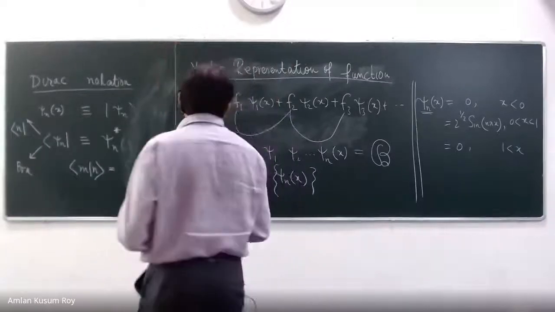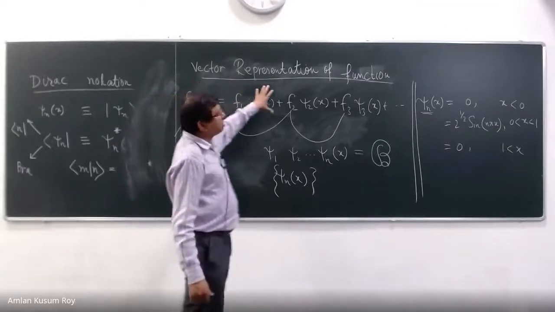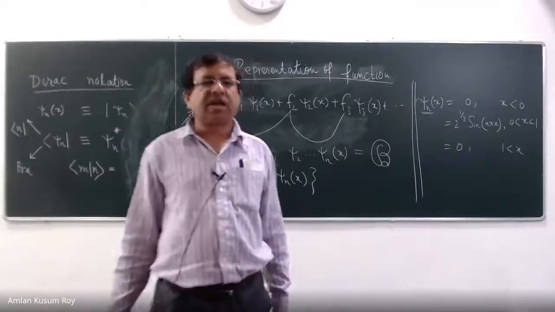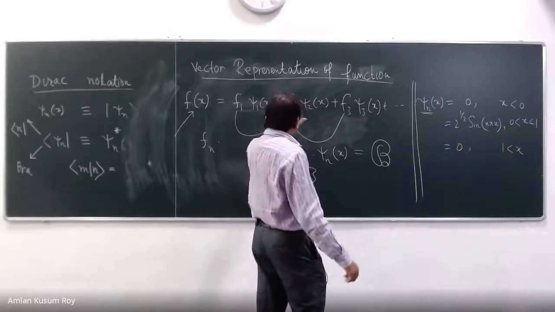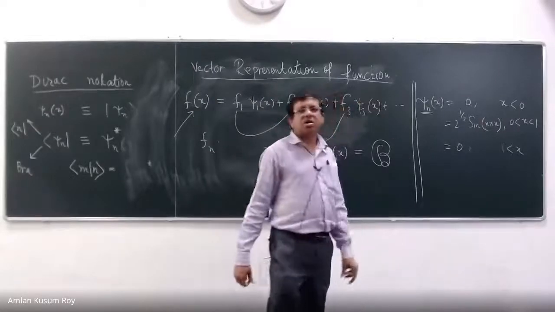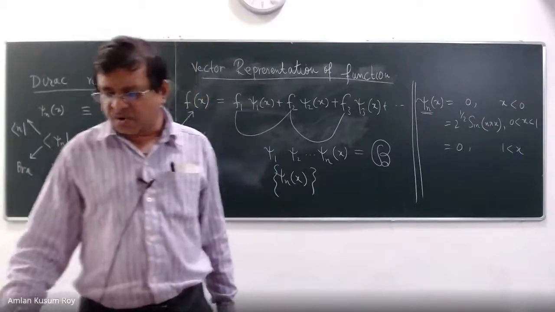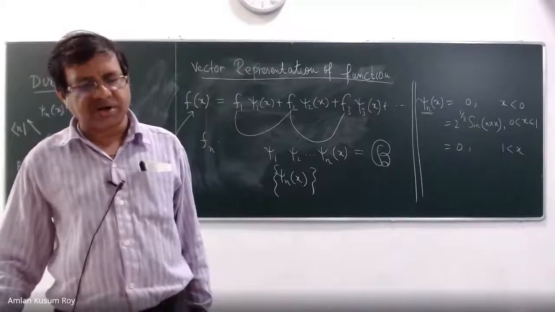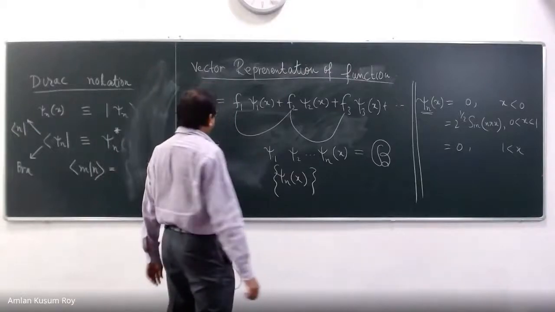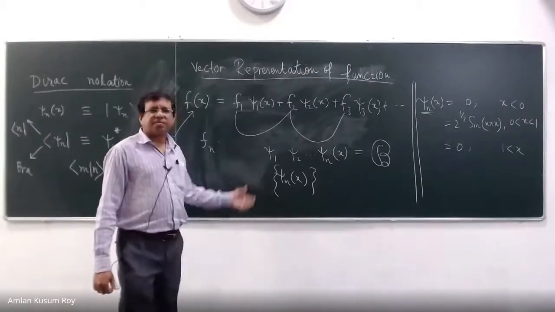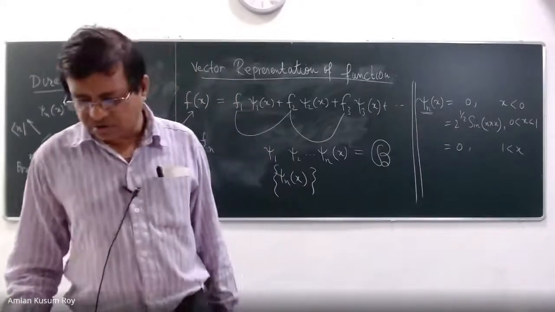So if you want to represent this f(x) function by, say, hydrogen atom wave functions, that looks a little bit bizarre because it is a function which is suited for Cartesian functions. You can see that, right? So that kind of thing you have to consider. If you do not consider it, then also it is fine, but you have to work hard because your equations are going to be tricky. That's all. Apart from that, you can choose any basis, but sometimes the basis may or may not be convenient for you. That is up to you to understand.